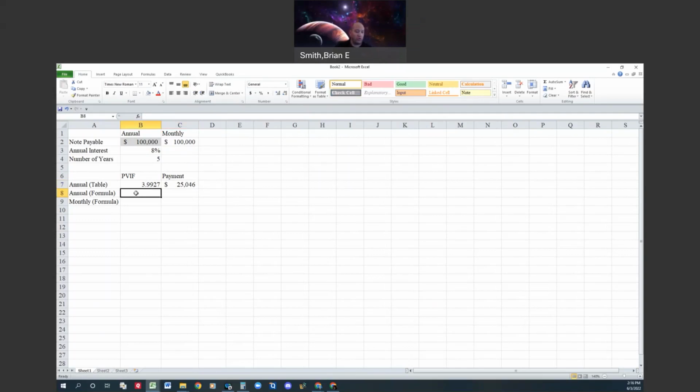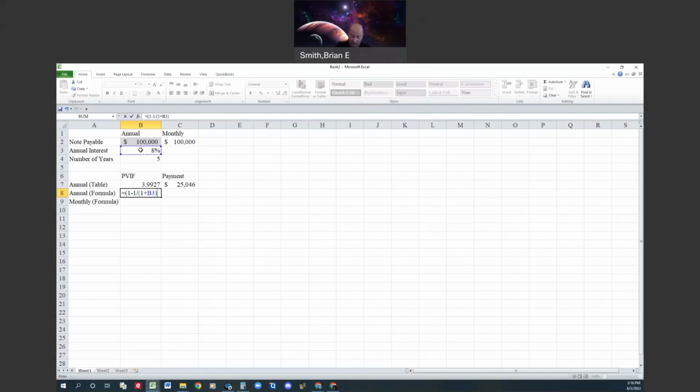So how do we do it using the formula? Well, if you look on the present value interest factor table, it's going to include the formula for you, all right? So I'm going to put it in here, and this is the one we're calculating for it annually. We're just going to take, let's put this in parentheses, 1 minus 1 divided by, in parentheses, 1 plus the interest rate,